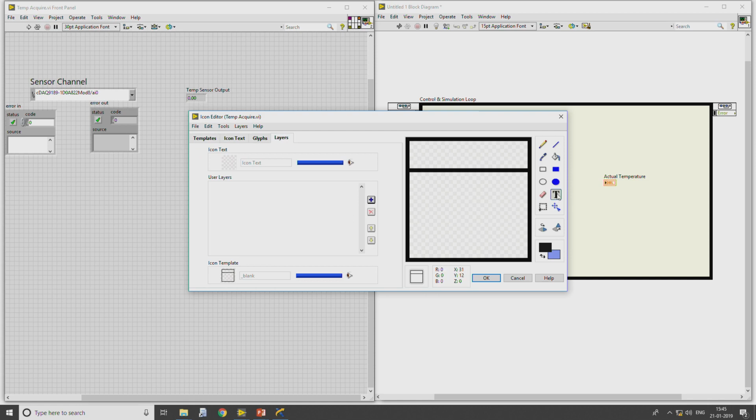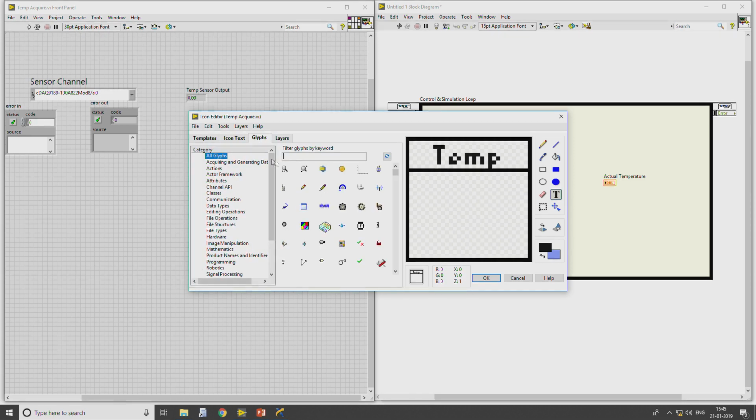This particular block I will replace with temperature sensing, whereas this one is AI. Since it is a temperature sensing value, using some graphics we can also indicate the functionality of this particular block. So, say temperature.